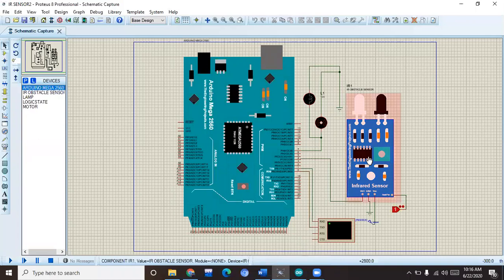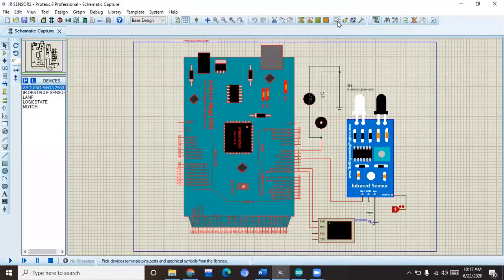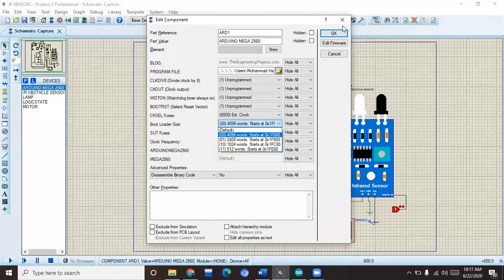Now here you have attached the IR sensor, which is on pin 4, and the DC motor is attached to pin 7. The terminal is basically to show the commands that you've done on Arduino. And basically to run it, we have to put in our own file. So I can show you the way to create a hex file that you have to put in here.